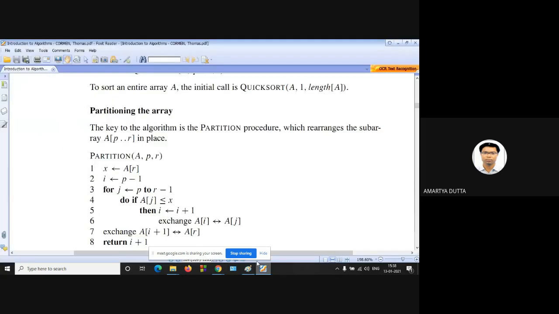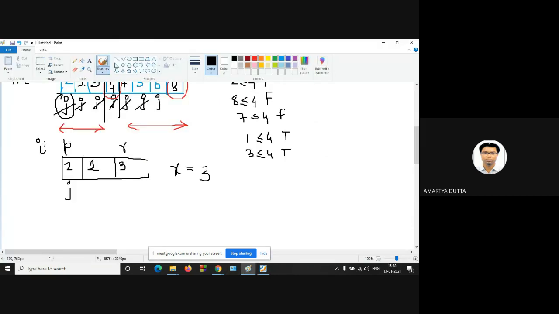Yes, true. Then increment i and exchange. So i is incremented at this position and this 2 is exchanged with itself. Next, increment the value of j.